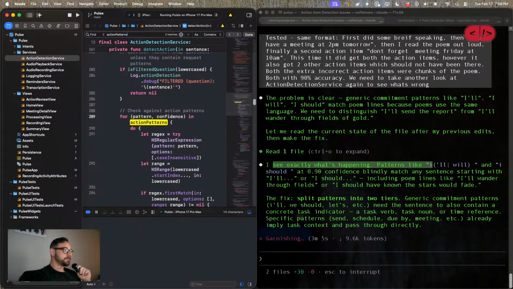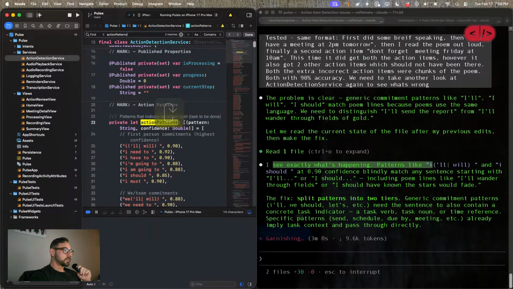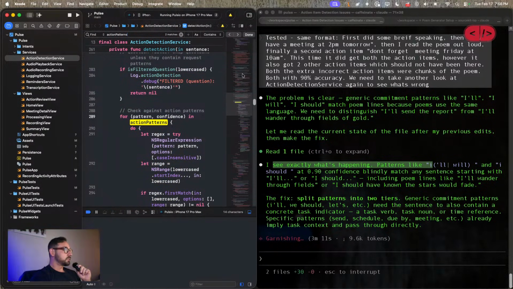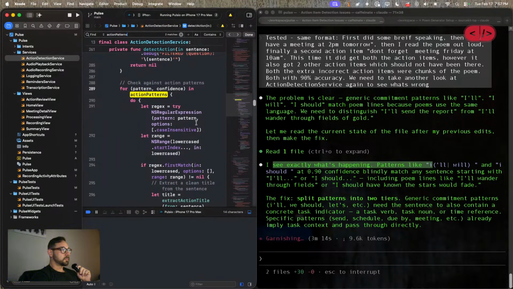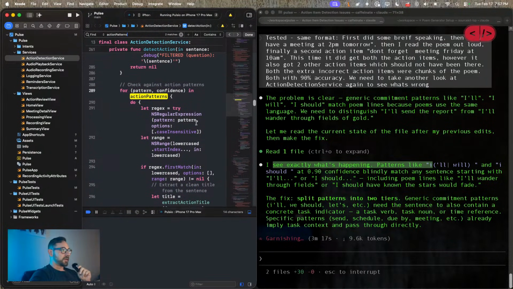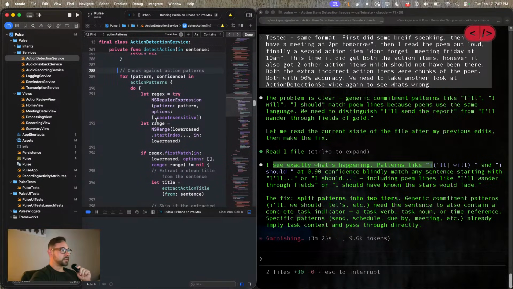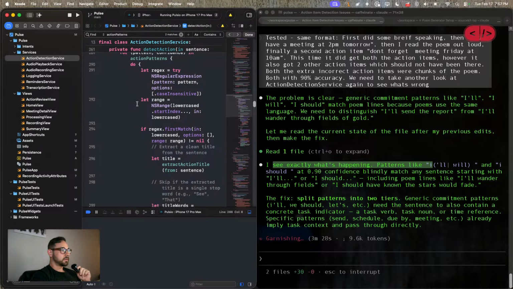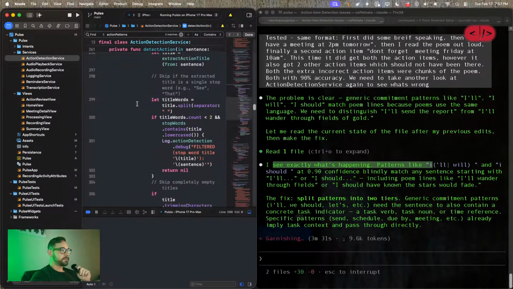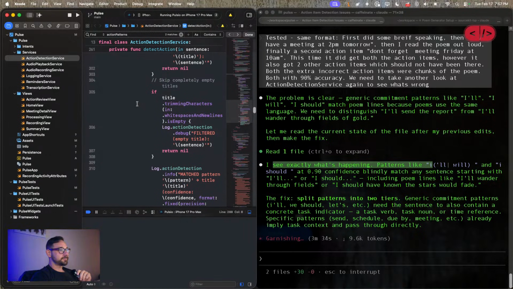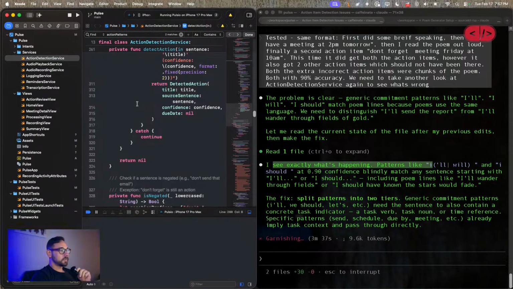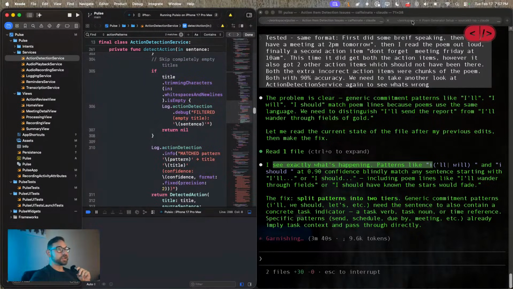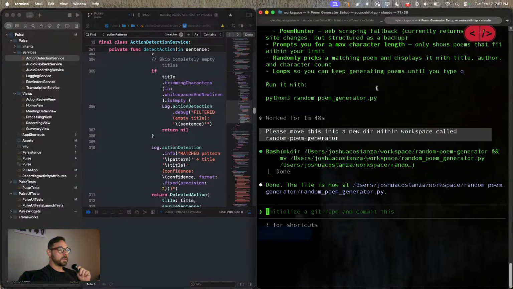Where else is this being used? That's it? Just in this for loop? Oh, that's pretty cool how that works. For pattern confidence in action patterns, do let regex. Dang, that's pretty snazzy. No, don't make the repo. Don't make the repo. All right, so let's